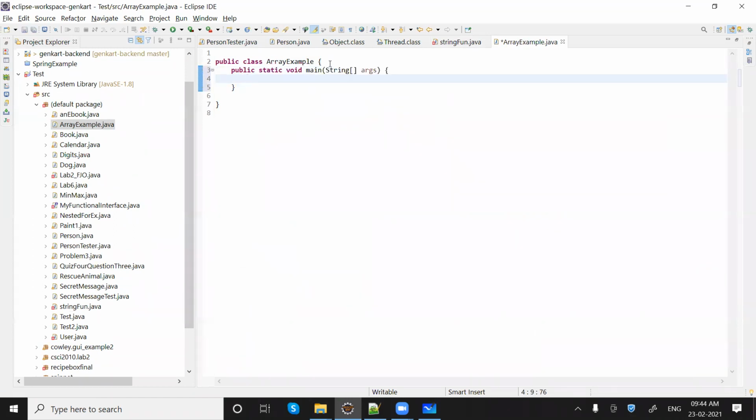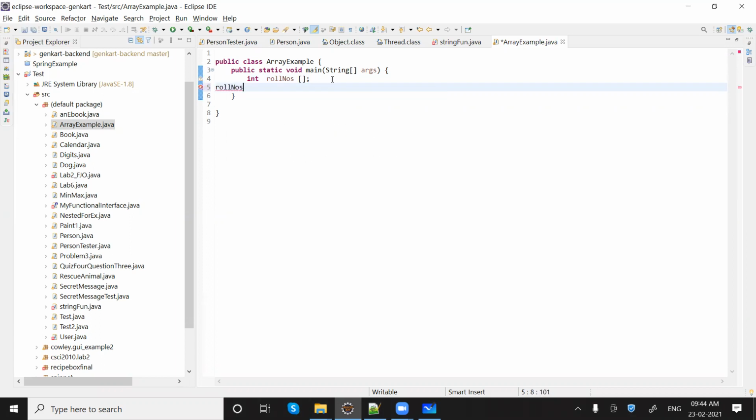In this main method, we will be having an array of integer, int roll numbers. We can write the square bracket here, or we can write it here. There is no difference. Basically, we can use it like this as well.